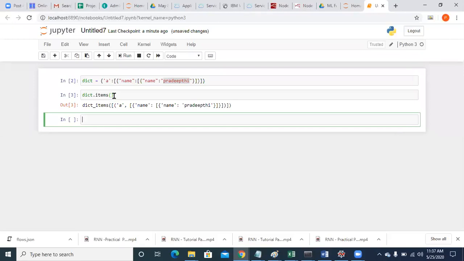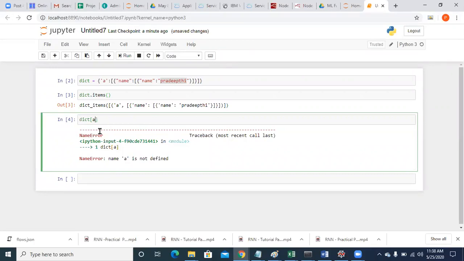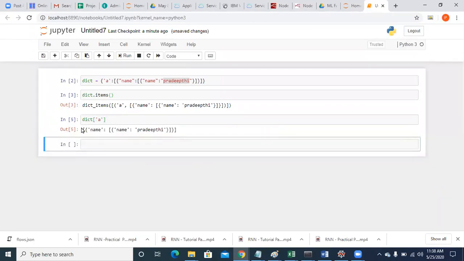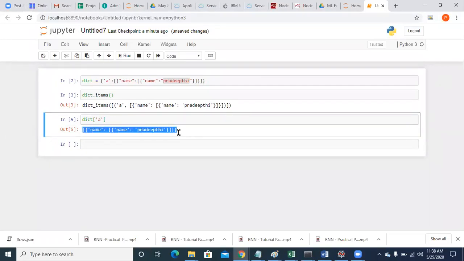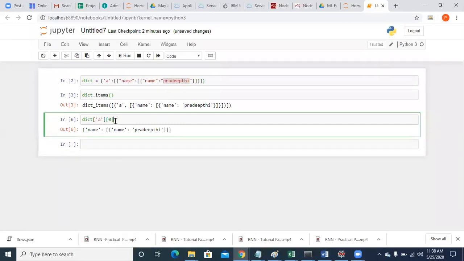First, I'll tell dict dot items. Okay, I have only A. So what I do, dict of A. A dictionary cannot be accessed with the help of indexes. So dict of A, I have a list. Yes or no? In that list, I'll take 0. In that 0, I have a dictionary called name.